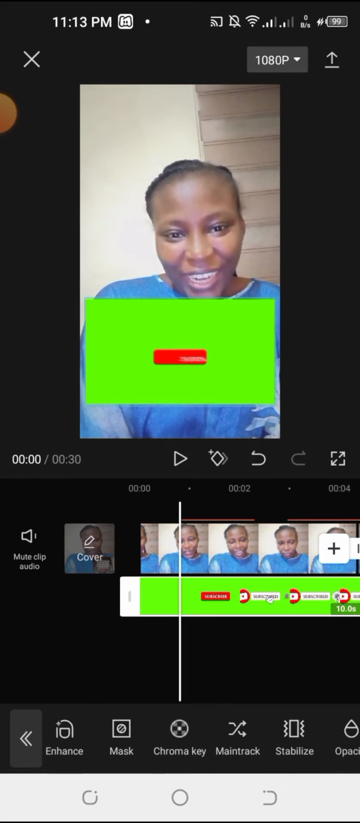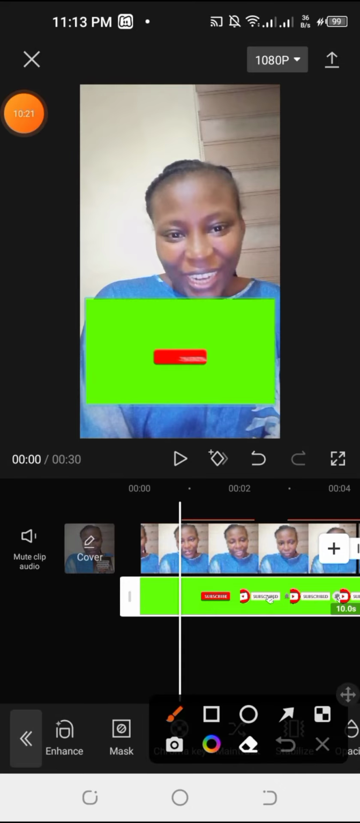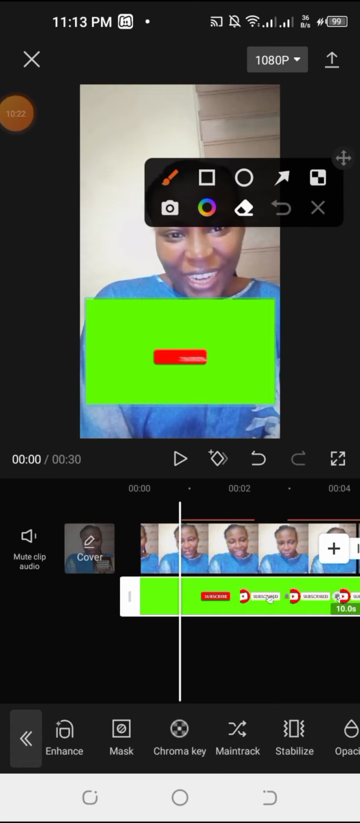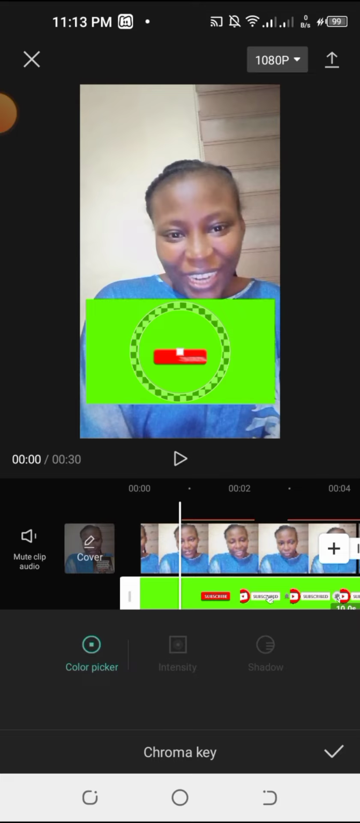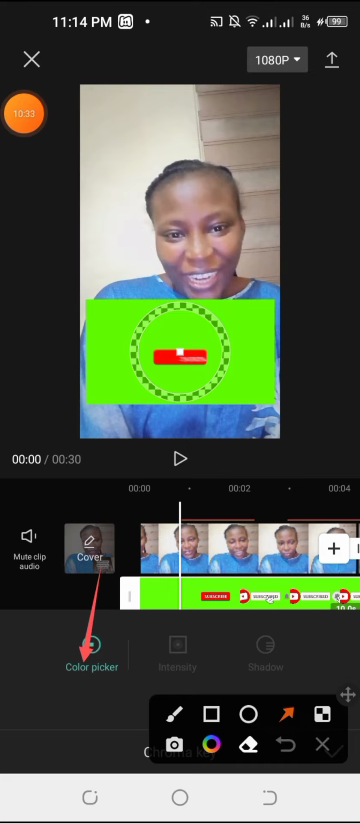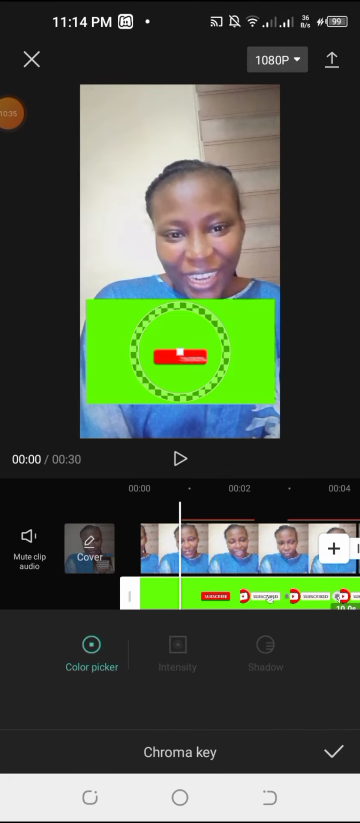Good. So now here we go. We have the Chromakey option here. What I need to do quickly is just click on this Chromakey. Then I'll click on the color picker. Look at what we have here. Please take notes. Once I click on the color picker,